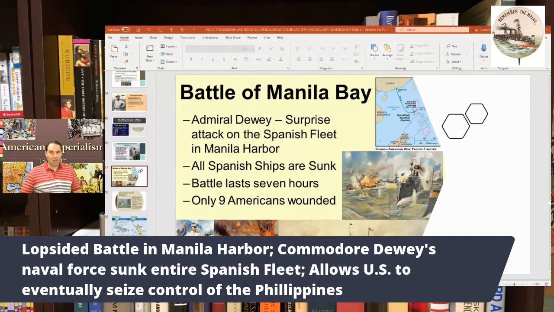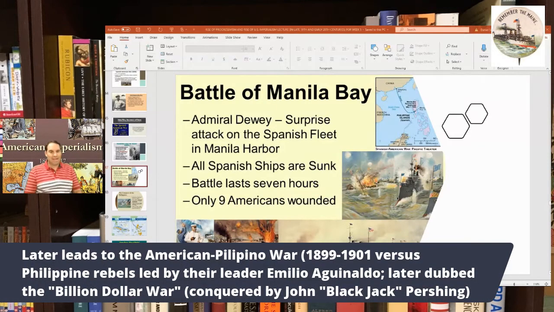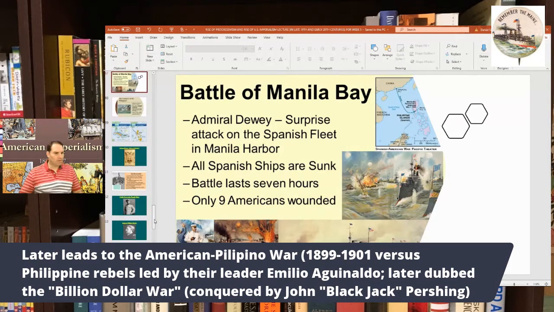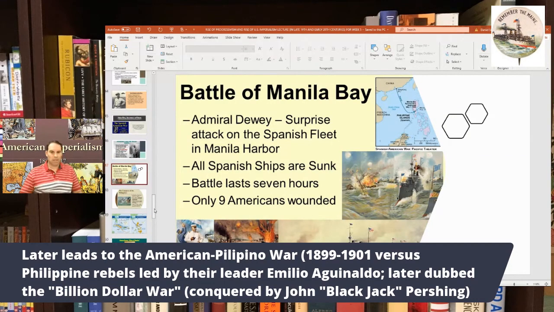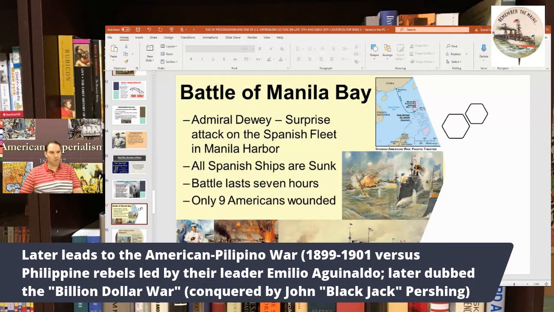However, that would take a long time. I don't know if you know much about the Philippines, but it took something like 2-3 years for the United States to take over the Philippines. There was a man named Emilio Aguinaldo. I thought I had a picture of him somewhere. Maybe I don't. But he was a Filipino rebel, and his forces tried to fight off the Americans who tried